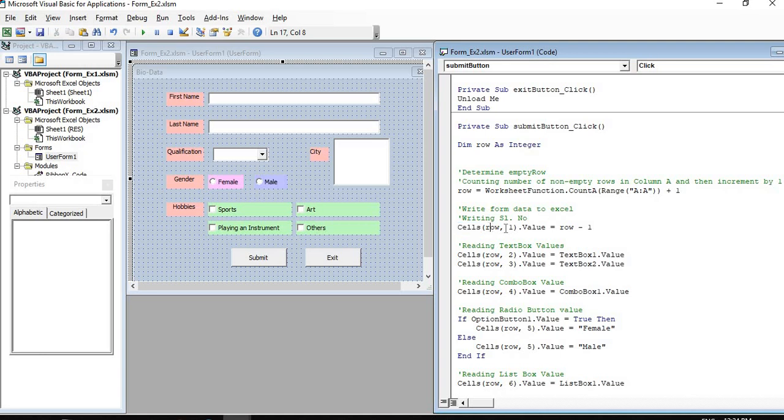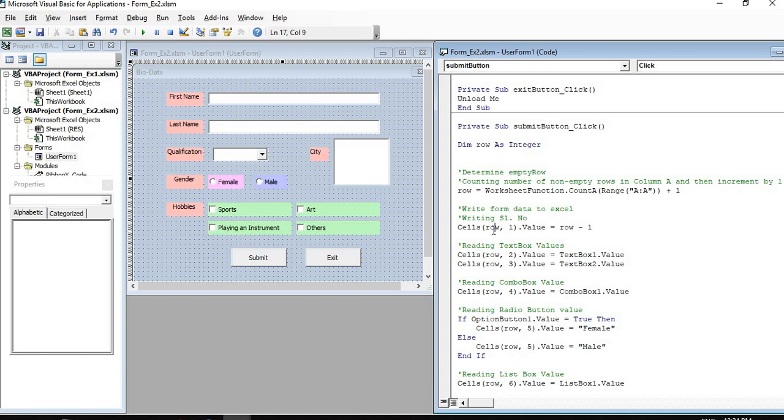Cells of row comma 1. Let us say this is the first record you are inserting. In the first row we have inserted the header, that is serial number, first name, last name, and so on. All the field names are inserted. Then for the first data entry, for the first person's details, the empty row will be row 2, because row 1 has the header.